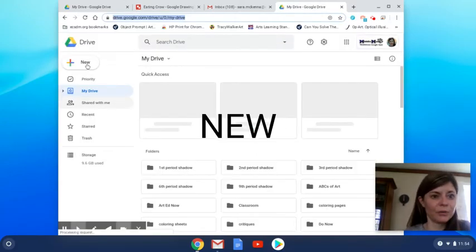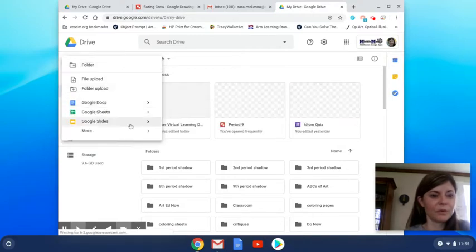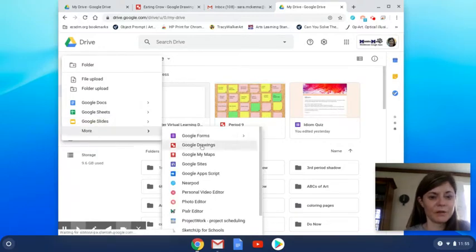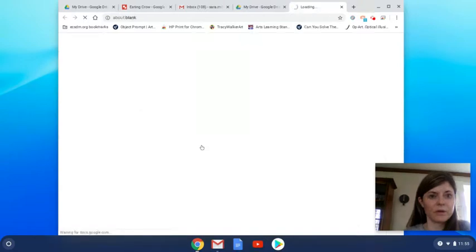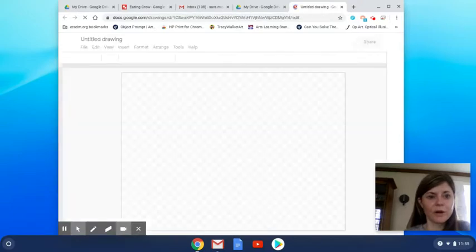Okay, New. And hopefully your computer is faster than mine. And you're going to click on Google Drawings. So Google Drawings is just like Google Docs or Slideshow where it just saves it automatically so you don't have